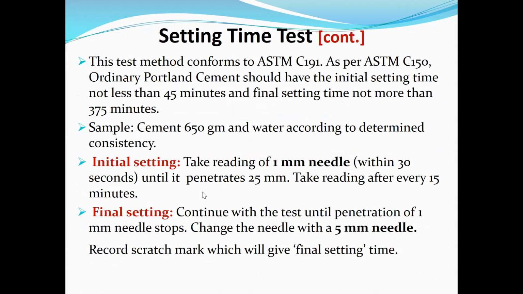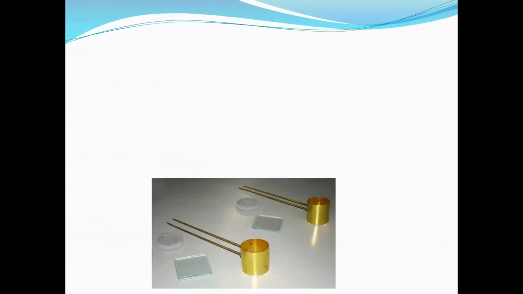এবং ইনিশিয়াল সেটিং এর সময় যেটা করা হয় যে 1 মিলিমিটার নিডল within 30 সেকেন্ডে 25 mm পেনিট্রেট করতে হবে, ওকে। তো যে ওয়াটার কন্টেন্টে এটা হয়ে যাবে, সেটা হচ্ছে ইনিশিয়াল সেটিং। এবং ফাইনাল সেটিংটা কিন্তু সেম ওয়ে, বাট এখানে 1 মিলিমিটার নিডলের পরিবর্তে একটা সময় 1 মিলিমিটার cannot be used, তখন 5 মিলিমিটার নিডল দিয়ে এই টেস্টটা করা হয়। এবং ফাইনাল সেটিং এর সময় সিমেন্ট পেস্ট একটু হার্ড হয়ে যাবে, এটার মধ্যে স্ক্র্যাচ মার্ক করবে, স্ক্র্যাচ মার্কটা যখন আসবে সেটা রেকর্ড করা হয়। মানে আমরা সেটিং টাইম করছি, যে টাইমের মধ্যে এগুলো হবে সেই সেগুলোকে সেট করা।